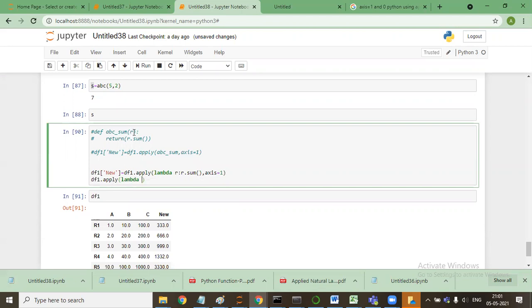You will take r here, and it automatically returns this value, and you will say r.sum, axis is equal to 1. Everything will remain the same, and this is being made as a function with a lambda expression. Are you guys with me? Yes, sir.